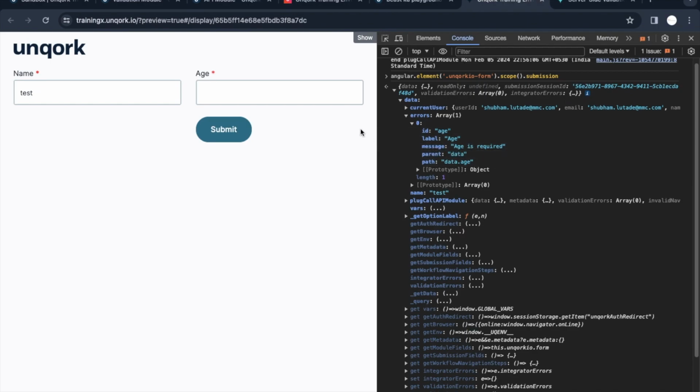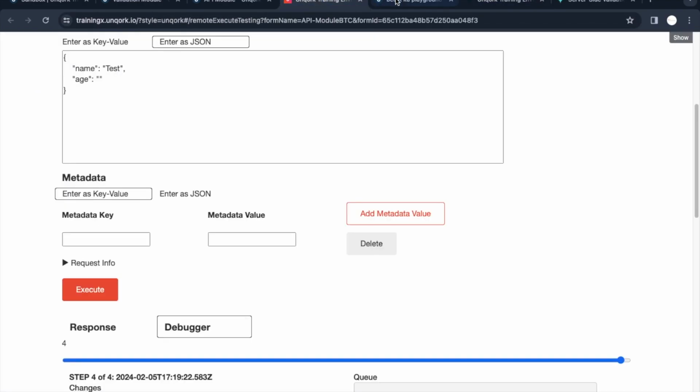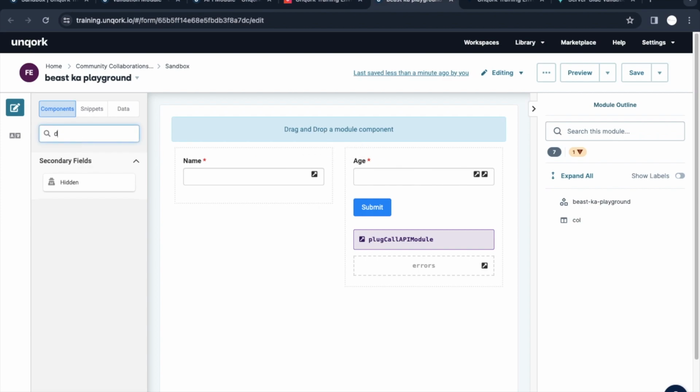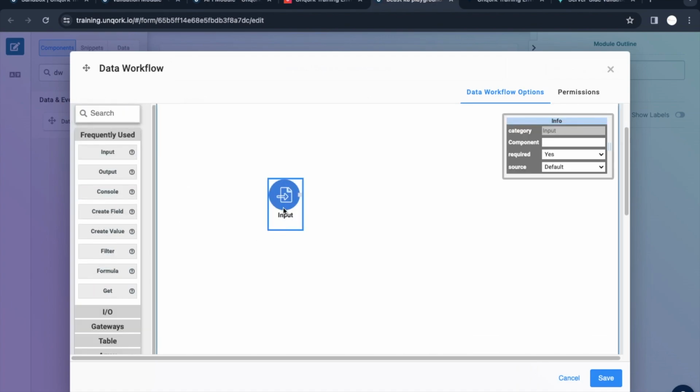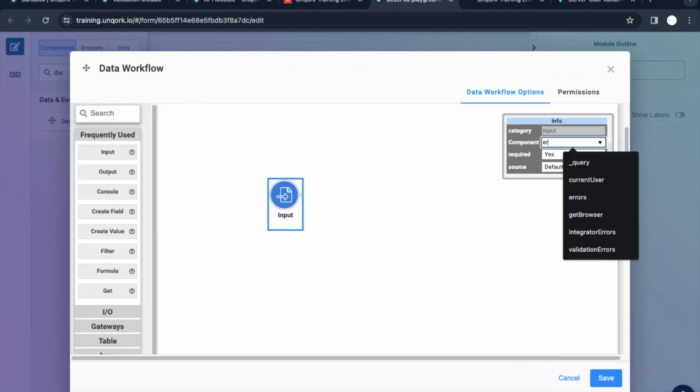Yeah, so we have this errors as a variable, and we have that entire array of errors, right? So now what we will do is, with the help of data workflow, we'll just take this message and display it. So how to do that is, again, take this data workflow, dwf, process error, and here I will take it as errors,